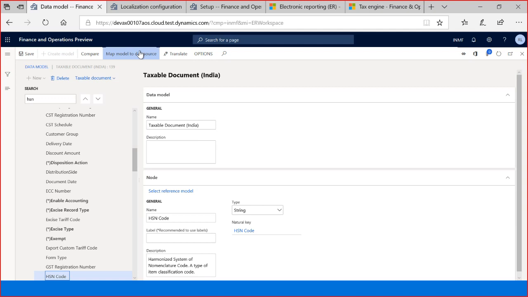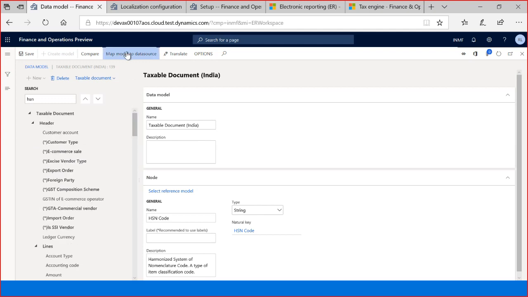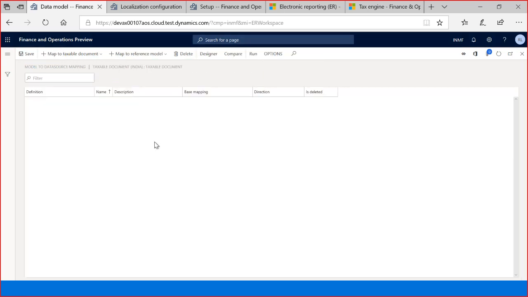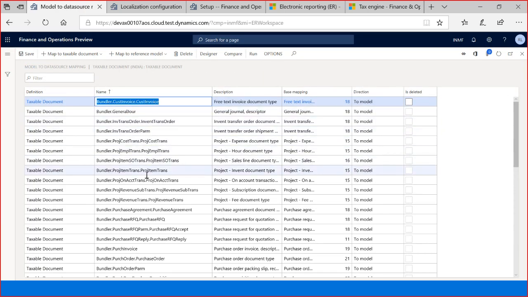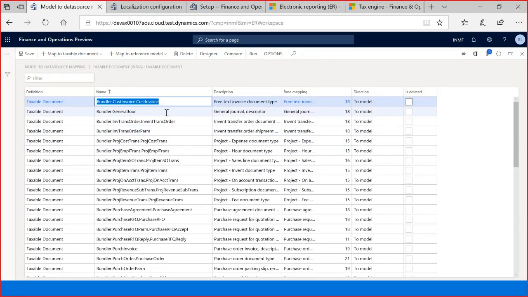And of course, one last part is model mapping. So we have data models, we have model mapping, and we have multiple data models, as I already explained. If you click the map model to data source, you can see we have a lot of model mappings because we have many source documents like purchase order, sales order. So for example, this is customer invoice, free tax invoice. So if you click the designer,